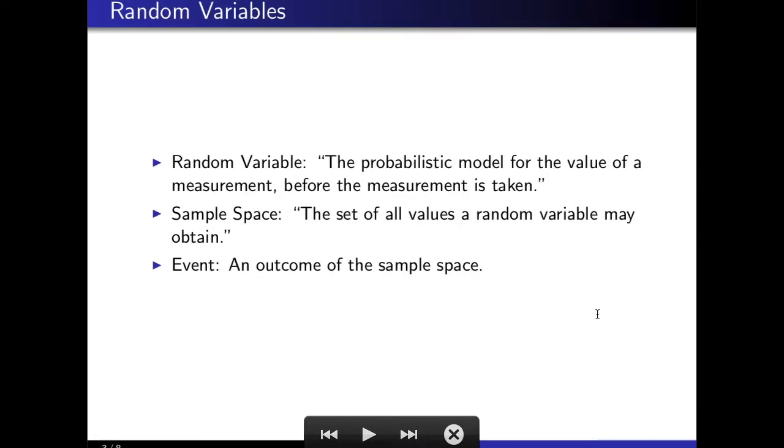Okay, and then in this one, we want to talk about probability and also random variables. So a random variable, as the textbook defines it, is a probabilistic model for the value of a measurement before the measurement is taken. So the difference in what's going on here is we're looking at